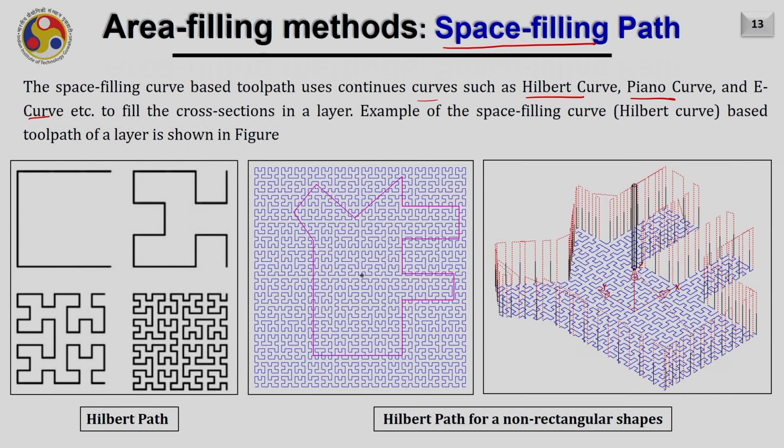An example of the space filling curve, Hilbert based tool path of a layer, is shown in this figure. So, this is a typical Hilbert tool path. This is its first iteration, this is its second iteration, this is third and this is fourth. This type of tool path very nicely follows the 4 requirements we discussed. Let us see here, the number of switch offs and ons is very low. Also you can see the step over is maintained everywhere. If you measure the distance between 2 consecutive passes anywhere, it will remain the same.